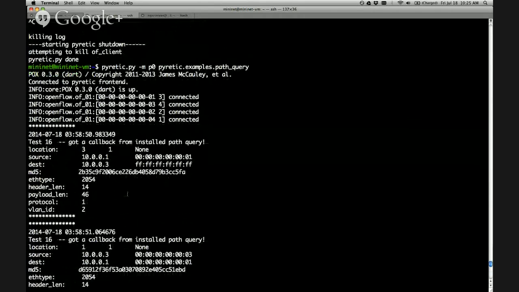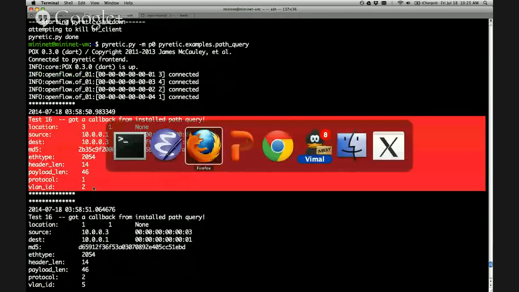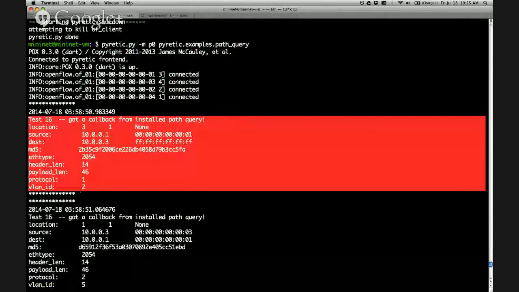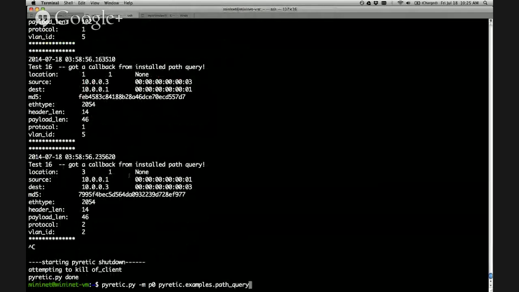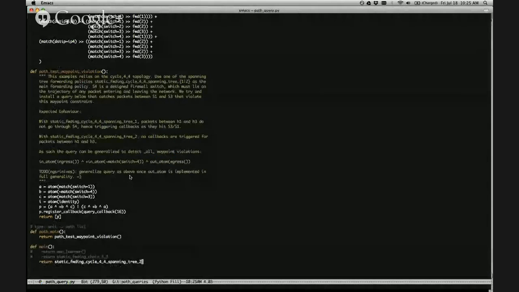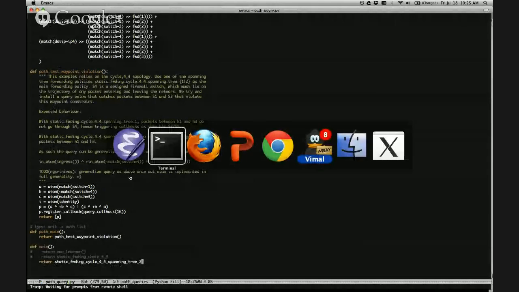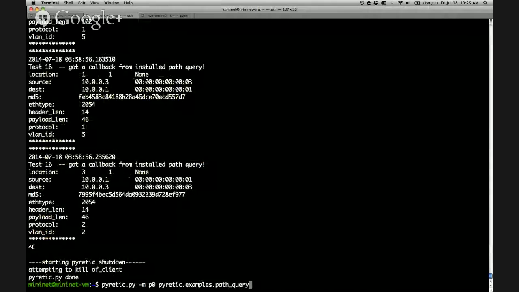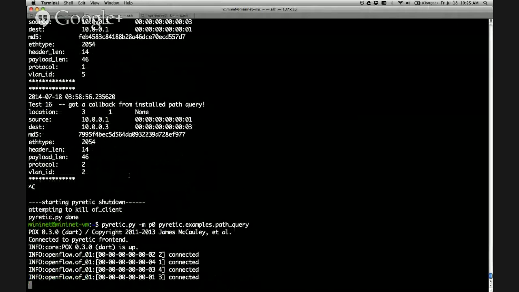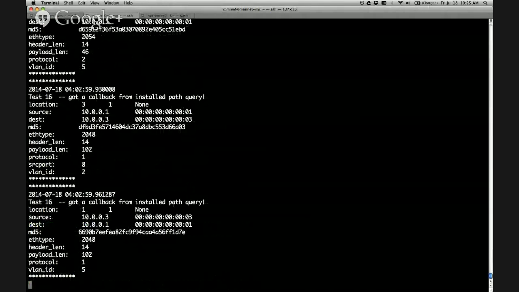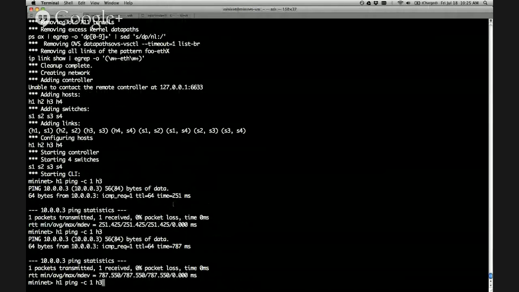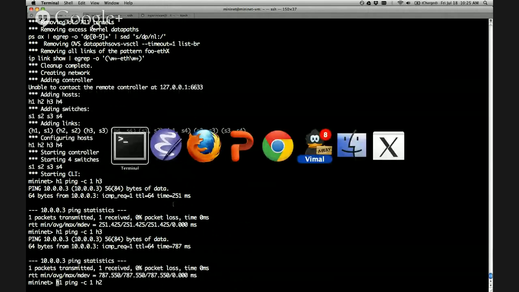So in each of these cases, you would see that this packet has completed the query trajectory, and then it has been flagged as satisfying the query, right? So even with spanning tree 1, let me show what happens with different packets, just to make sure that it's not just showing every packet that's egressing the network. This is what we saw the last time, where you see all these queried packets. If I do a ping between H1 and H3, but if I did a ping to H2, the path that it's supposed to take is